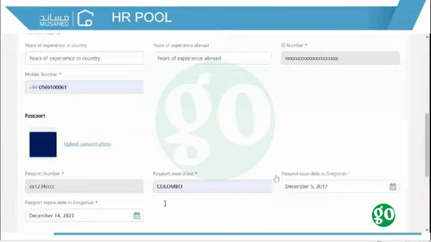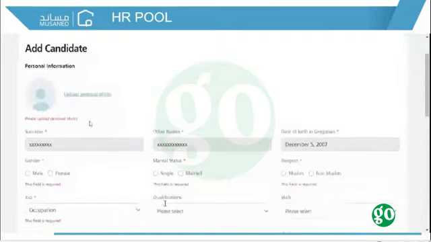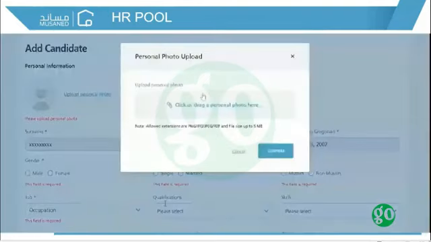As we see here, the passport image of the candidate is a required field, so all the required fields should be filled by the user.